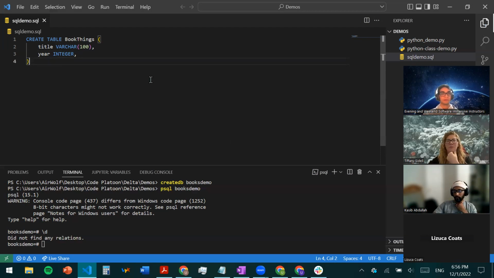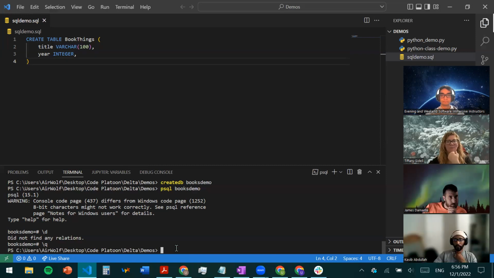Okay, so now we have our thing to create our table. So in order to create the table, we're going to quit that. And how do I create the table now that I have the SQL file? Well, what do I need to do in my console? You could do PSQL and then books demo -f and then put SQL demo.sql and it'll run that file in the